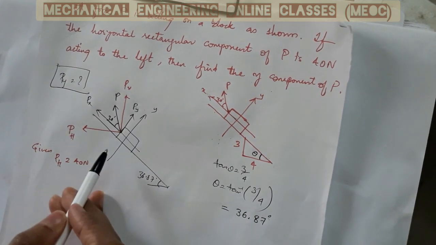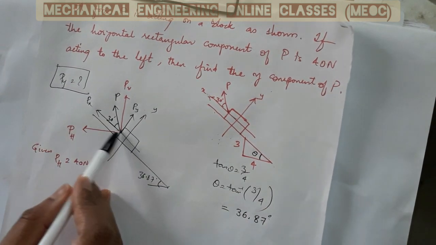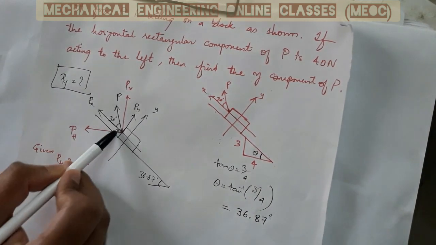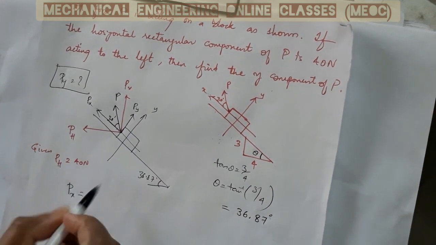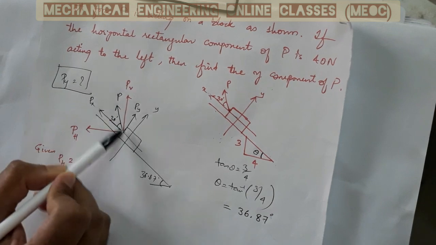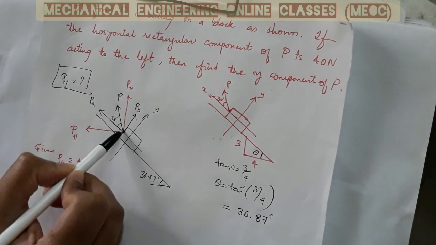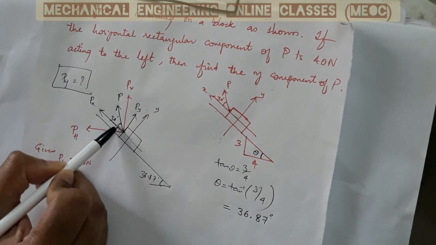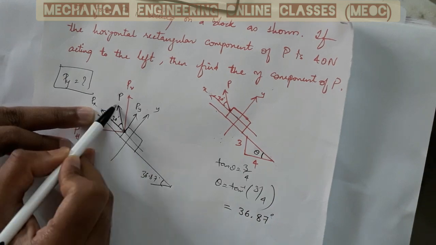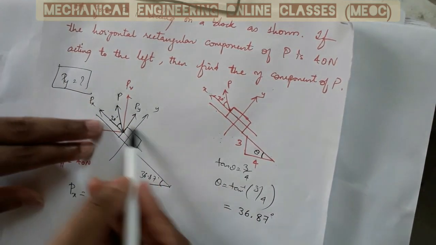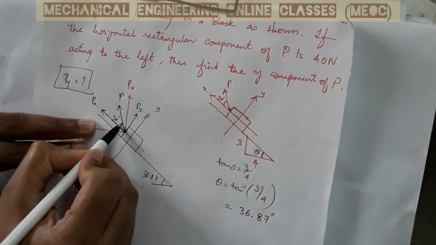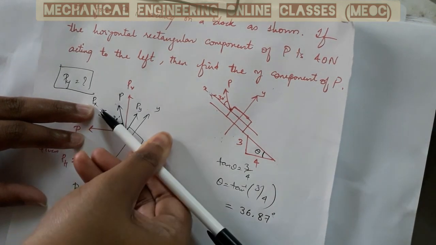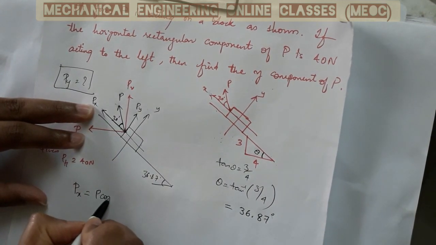Because I already have some data about PH, let us use that. Because I have PH, I am trying to write PX in terms of P. What is PX? This is the hypotenuse, as I told you, this is a resultant. If I am splitting this P into PX and PY, because I know the angle between P and PX is 30, PX is the horizontal component, along the adjacent component of P. PX is nothing but the component of P dropped onto the x-axis, so that is P cos 30.